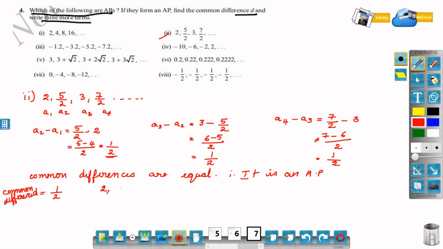It is given 2, 5 by 2, 3, 7 by 2. This is A, this is A plus D, this is A plus 2D, A plus 3D is given. Now we have to write